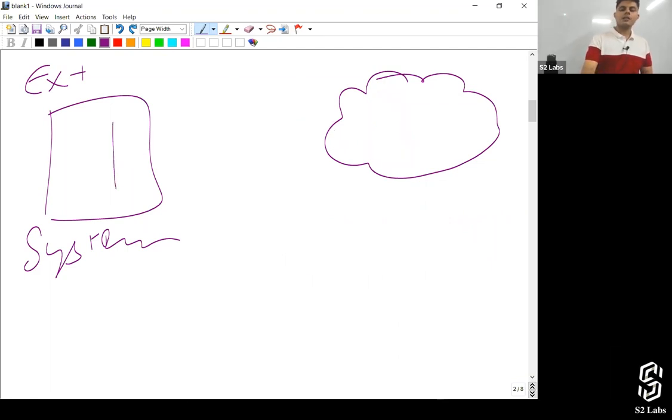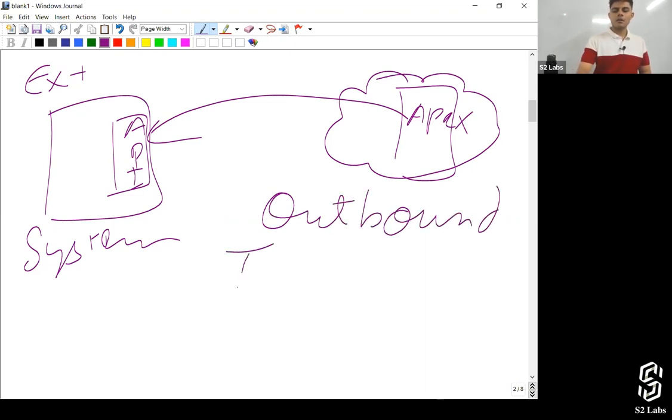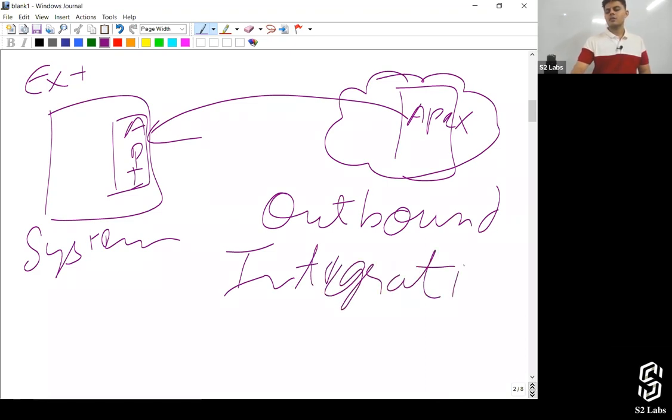But if the API is in the external system and we are making a callout in Apex, then it is called outbound integration.